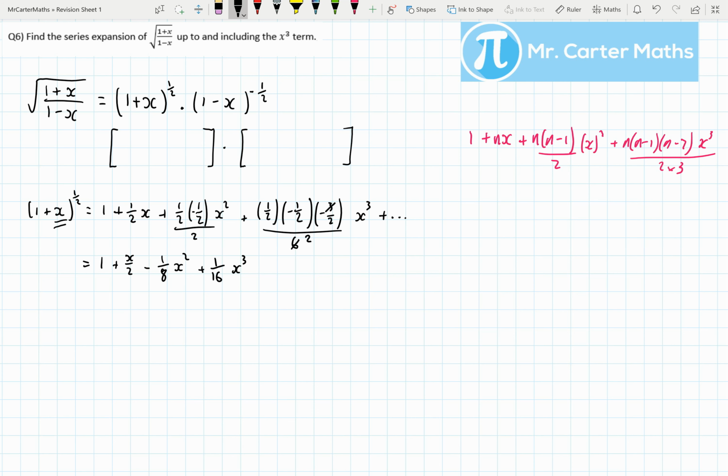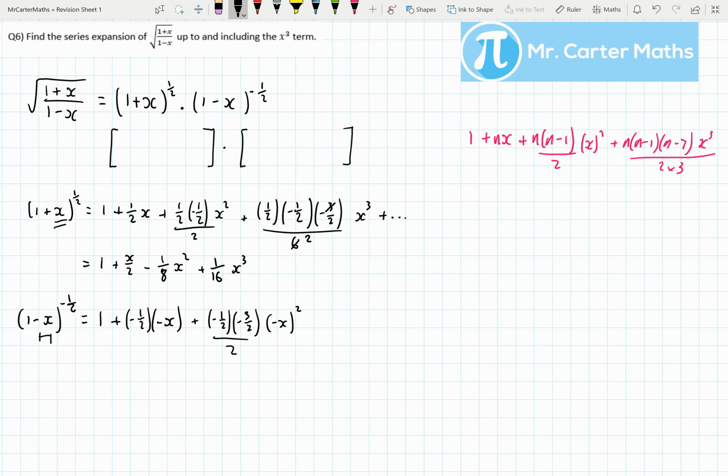So I'm going to go ahead and go on to my second binomial expansion of 1 minus x to the minus a half. Okay, this time I've got an n of minus a half, and actually my x term's this minus x. So I need to be careful of what impact that has. So going up to my formula, I have 1 plus nx. X is minus x, so I've got minus a half times minus x there, plus minus a half minus 1 all over 2